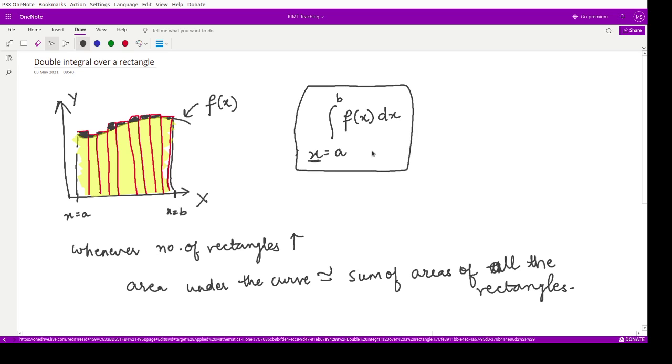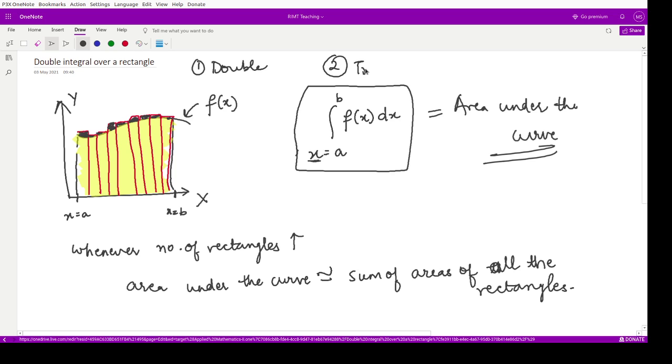This we already know, and we also know how to perform these integrations, the definite and indefinite integrals, how they are calculated, and that they represent the area under the curve. Now in this unit we will be studying multiple integrals. So what are multiple integrals? In this course we will be studying only two kinds of multiple integrals. One is the double integrals and the second is the triple integrals. So let's see what they are.